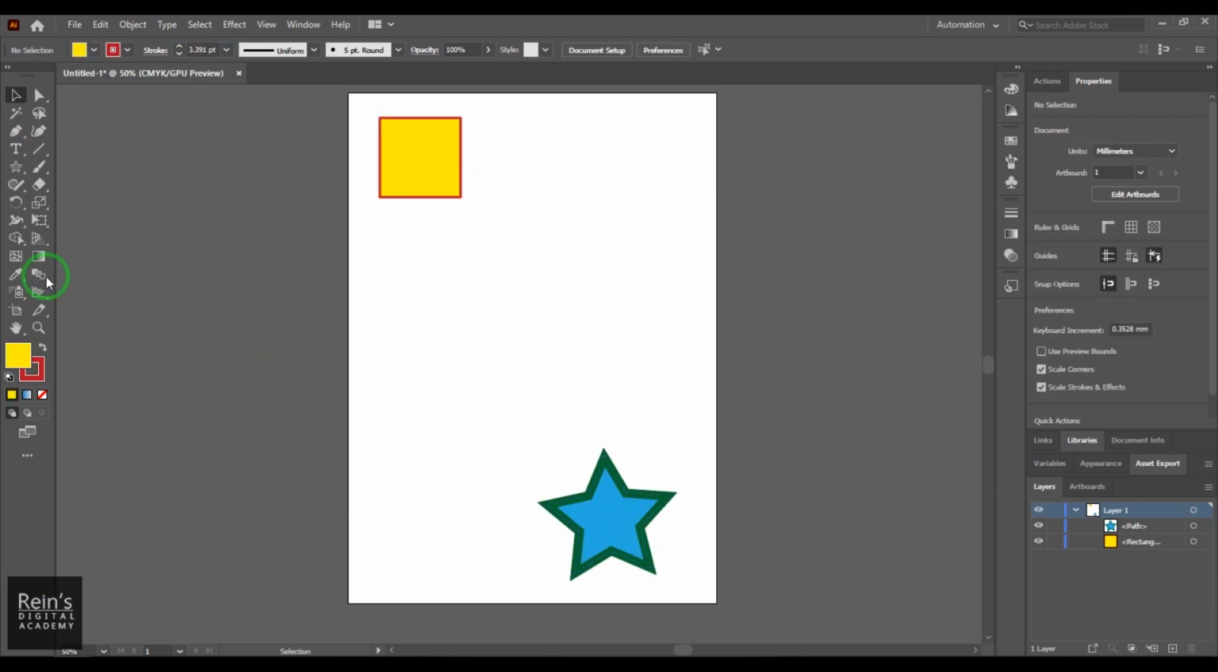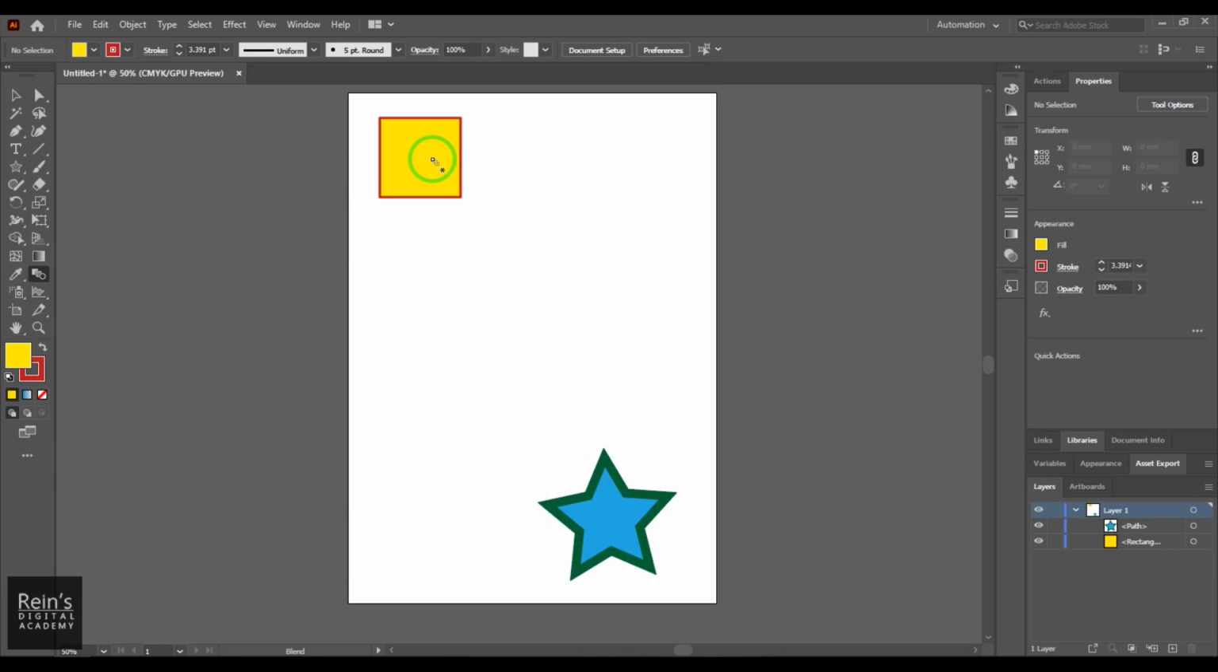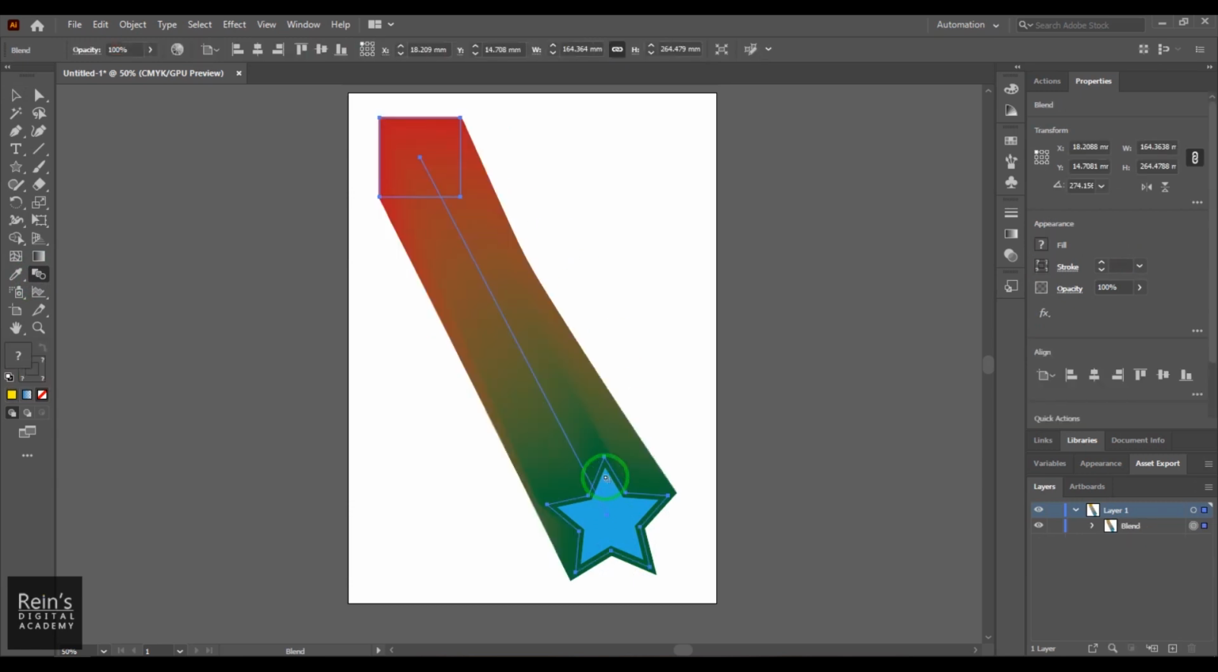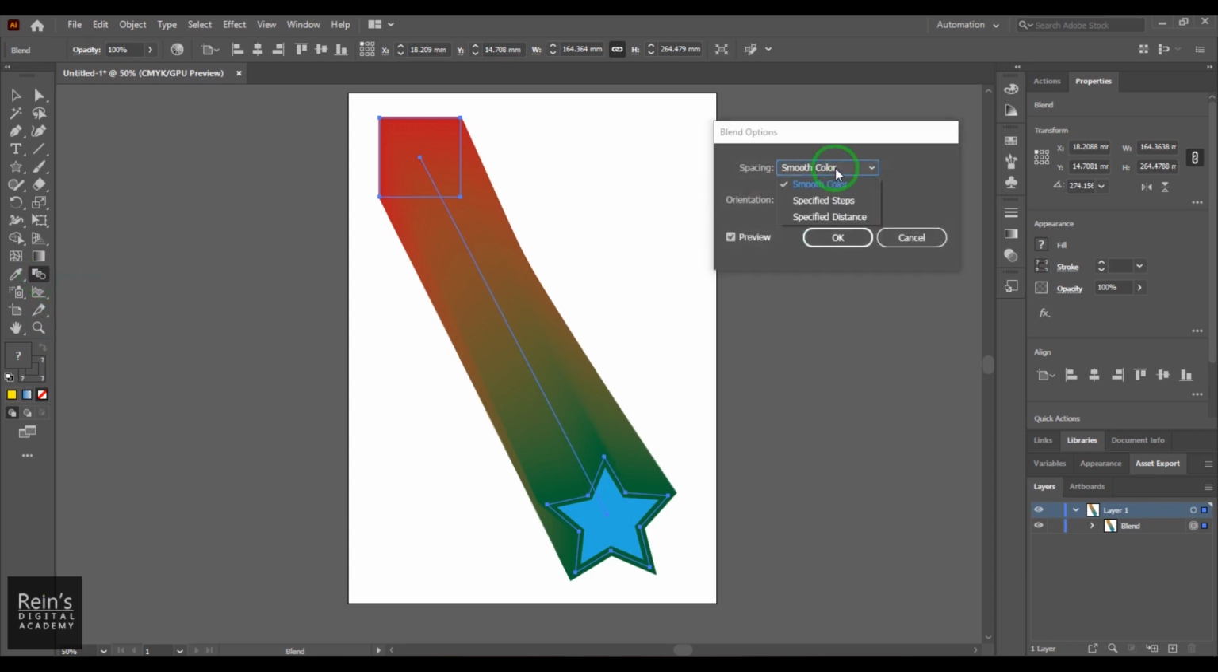So I select the blend tool, click on the first shape and then select the second one. Then you should be able to see it has created a blend there. So I'll double click to take control over the way this blend is happening. It is generally picking smooth color, and then you have two types of orientations of this